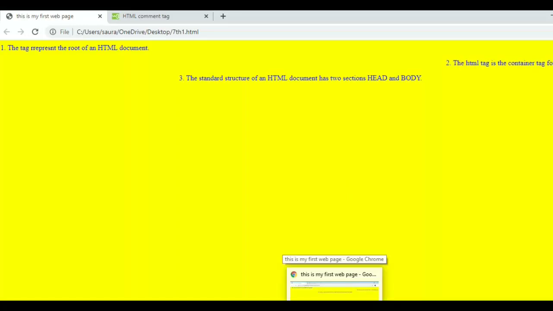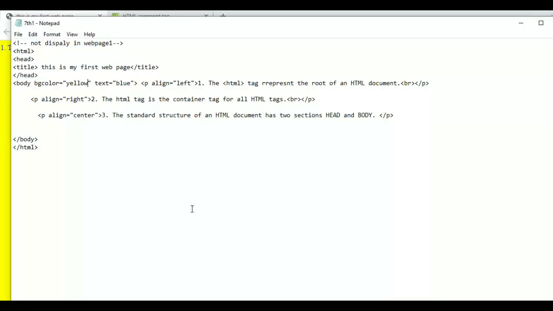After body tag and its attributes, let's understand about some formatting tags, text formatting tags. So let's go to the notepad, and here in our first paragraph we use B tag. B tag is used for making any sentence bold.